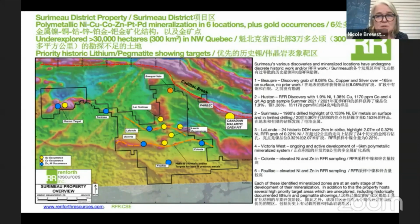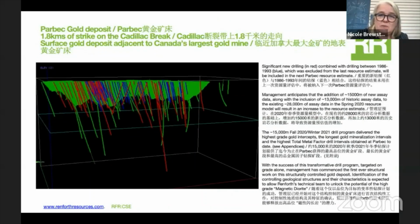Now, backstopping all of this, and you'll find more information on Parbec at the back of the presentation in the appendix. However, I'll touch briefly on Parbec. You saw its location on the map, and it's sitting on 1.8 kilometers of what's referred to as the Cadillac Break. Cadillac Break is Canada's most prospective gold structure. It runs through Ontario into Quebec, and it terminates at Val d'Or. So we're in some very prosperous areas of the Cadillac Break, and we are right next door to Canada's largest